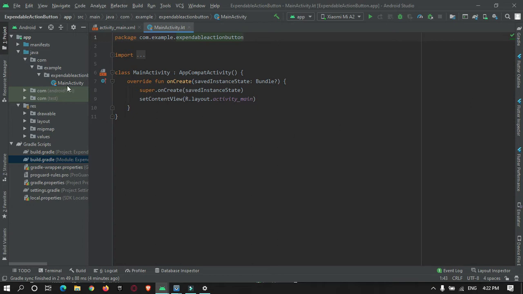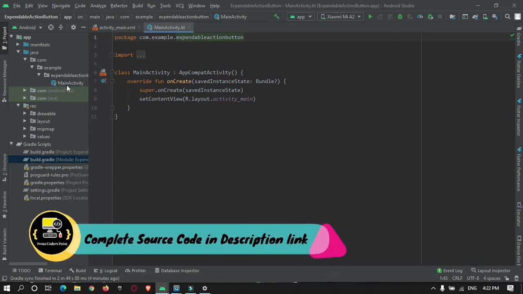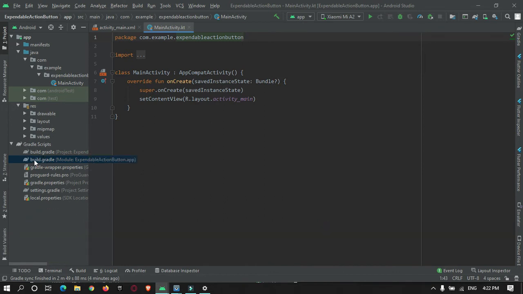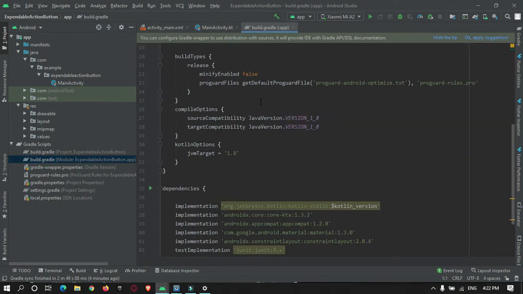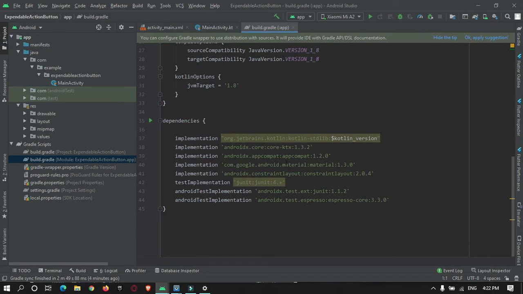Before starting with the UI design, first go to Gradle Scripts, then open build.gradle for the app. Verify that Material Design has been added in your dependencies section automatically. If not, you need to add it, because we are making use of the floating action button, which is present in this library.